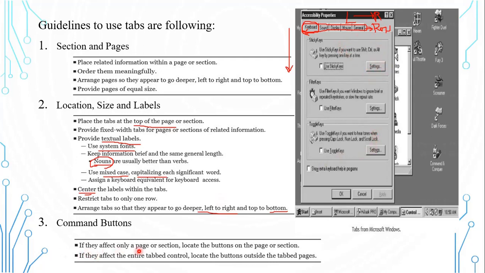So if they affect only the page or section, locate the buttons on the page or section. If they affect the entire tabbed control, then it is better to place the buttons outside the window.